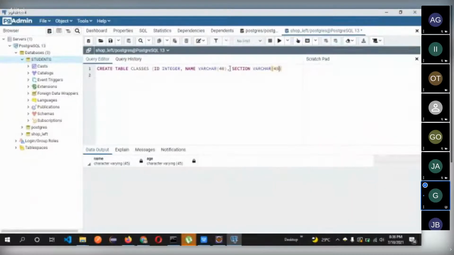Let me paste the same thing in here. I'm done, so I put my semicolon, then on the next line I type commit semicolon,